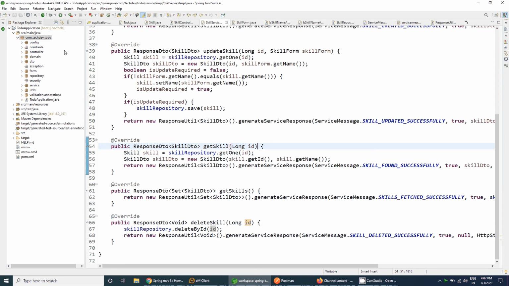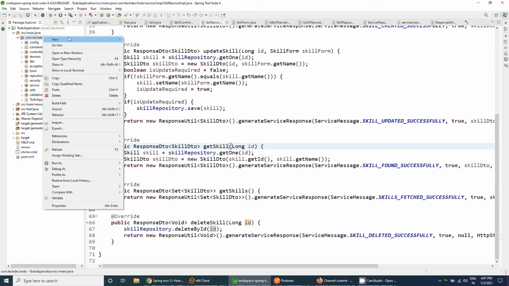So let's start the interceptor way, so that you can validate any path variable that is coming in, before it goes to the controller. You can say it is pre-handling the request. So let's start.